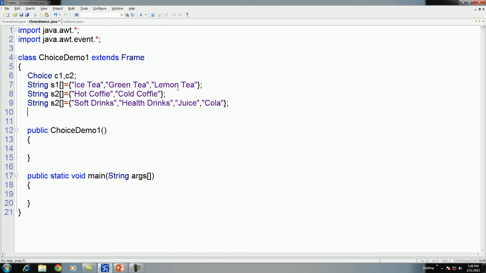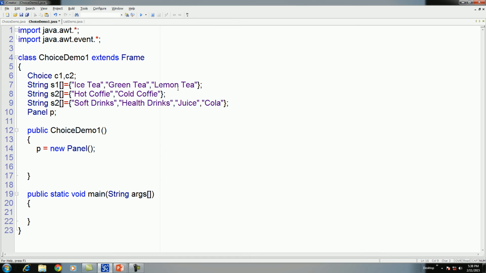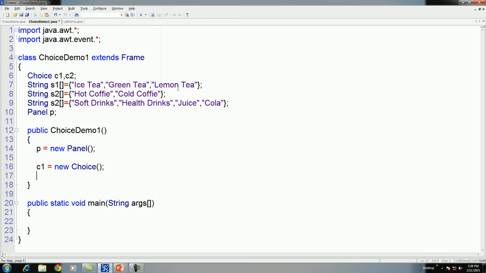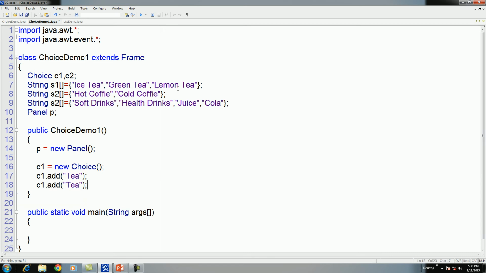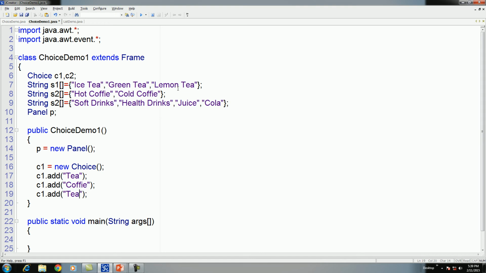Okay, now first let us create choice box 1. c1 dot add, first item is tea, the second one is coffee, and the next one is cold drink.